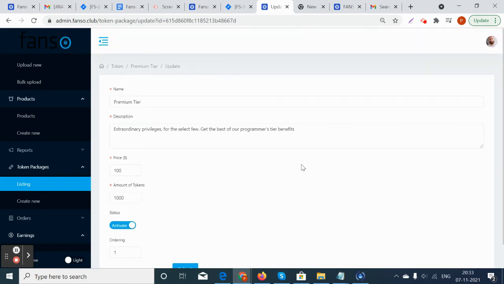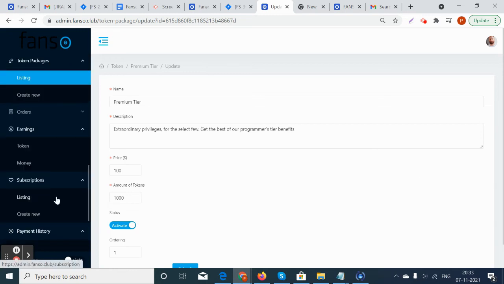These packages will be displayed in the front end for the user, so they can purchase this particular token package, so that they can pay for the products, they can tip the models or the galleries, they can unlock any pay-per-view video or pay-per-view gallery, or it's going to be a tip feature, or everywhere wherever the tokens are used, the users can use this with the respective models, in the respective models' transactions.